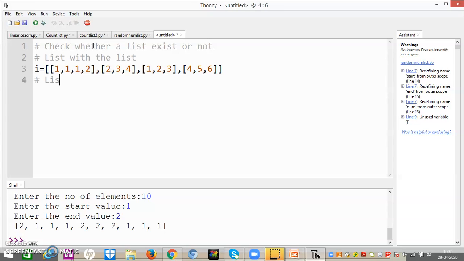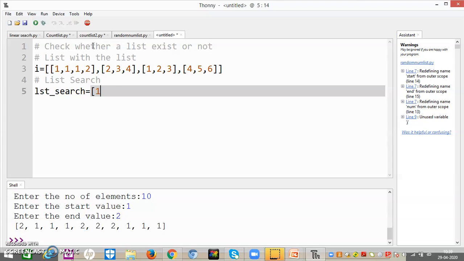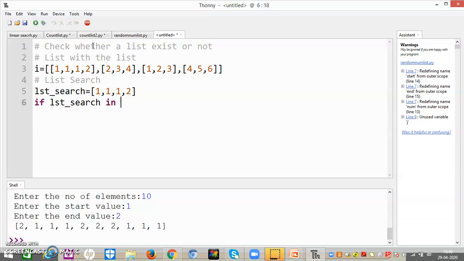Now we have to apply a list search. So I will make a list search in which I have taken the list 1, 1, 1, 2. Now here your membership operator will be used. What I will write: if the list is in lst, this is the significance of the membership operator we have studied.